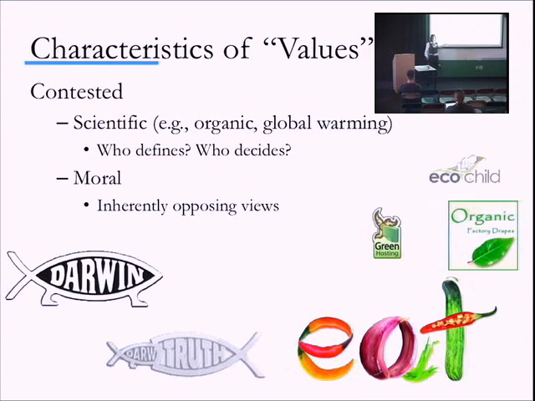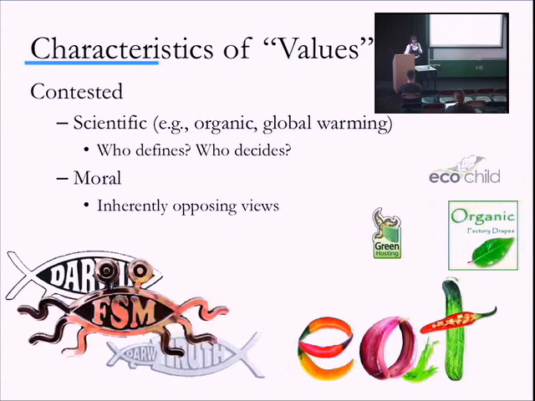So you see these on the street. You can see this is the big truth fish eating the little Darwin fish. And this is the Darwin fish. These people, they're inherently contesting. And you've got to let people choose their own inherently contesting rights. And then for every group of people that is passionate and serious about a topic, there's another group of people that think it's sheer whimsy, right?